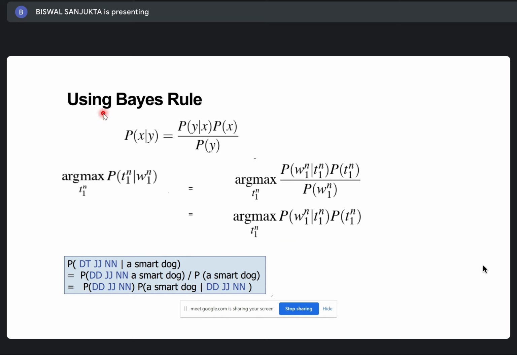Okay, so if you see the Bayes rule, we already know, for example, probability of x given y is equal to probability of y given x into probability of x. This is your posterior probability, this is your likelihood, and this one is your prior probability. And then the denominator thing, if you remember in our statistics class, we used to ignore it, because for example,